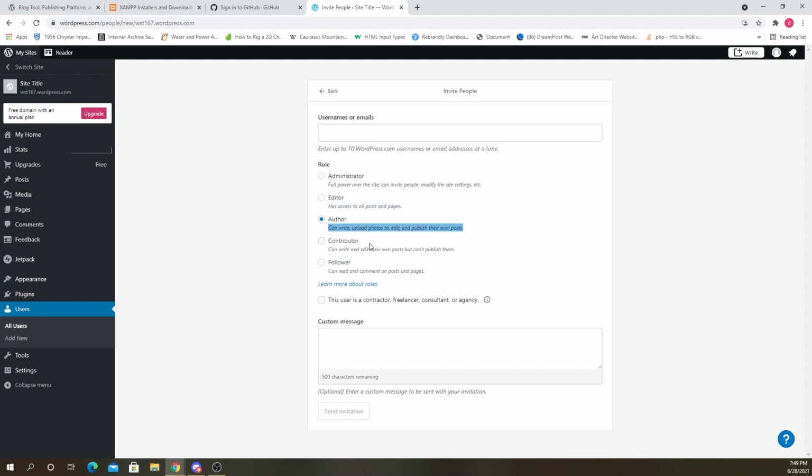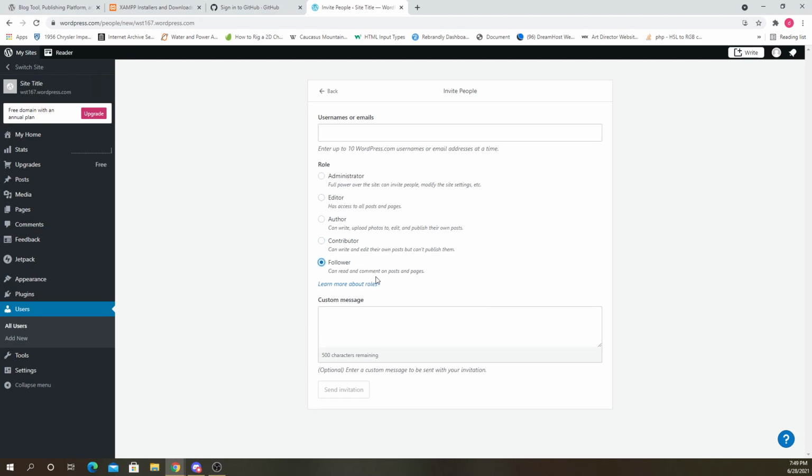An author can write, upload photos, edit and publish their own posts. And a contributor can write, edit their own posts, but can't publish them. So I guess they could write it, and then an admin or maybe an editor would have to publish that. And a follower can just read and comment on posts.